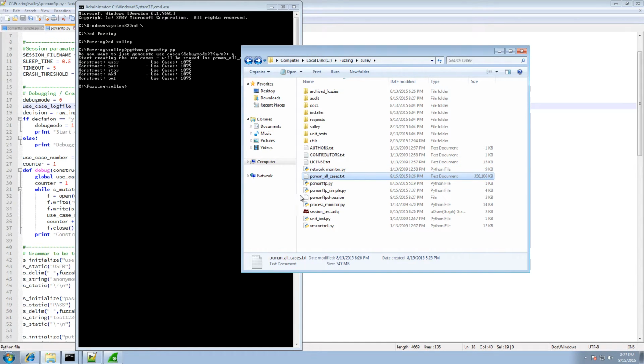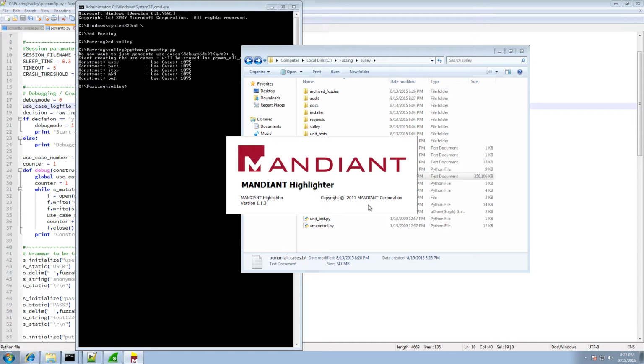Just a personal recommendation, if you want to have a look at huge text files under Windows, Notepad is not the best program for you because it crashes quite easily and might load a very long time. I can recommend the Mandiant Highlighter because this program is really able to digest even very large files. Just to give you an example,